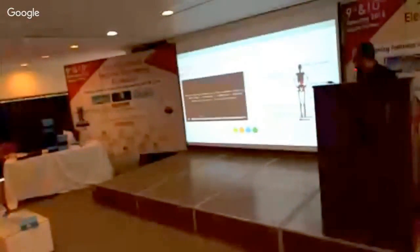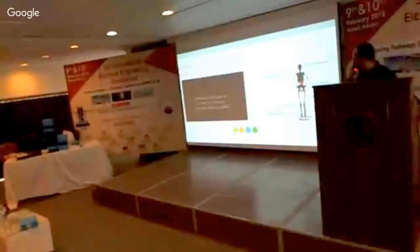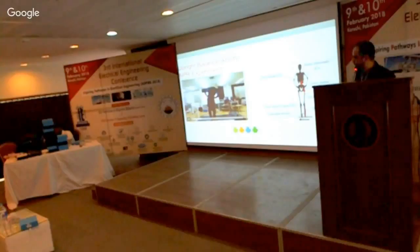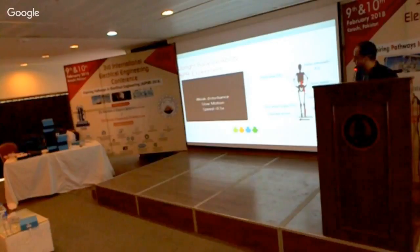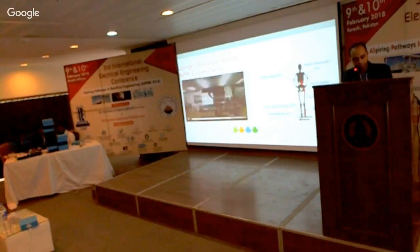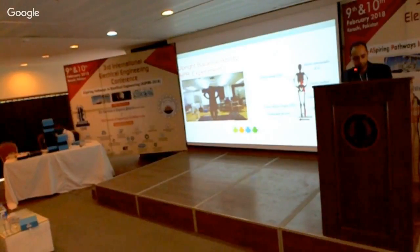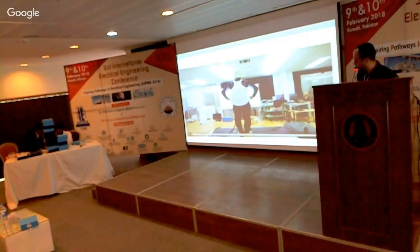Okay, so here we also develop the same system. This system is for upper body balance. So we try to find the balance limitation of different people, and we try to predict their stability level. For example, this person, we push the treadmill left or right, predict his stability level, and then later on we build a system that tries to adjust or improve his stability or balance using this kind of